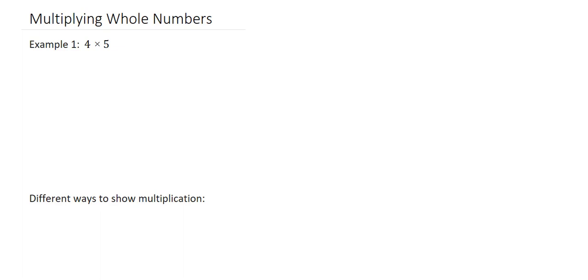Multiplying whole numbers. Example 1, 4 times 5. Another way to think about this is we have 4 groups of 5. And so rather than adding up 4 groups of 5, we can just go ahead and multiply. Another way to think about it is visually. So if we have 4 groups of 5,